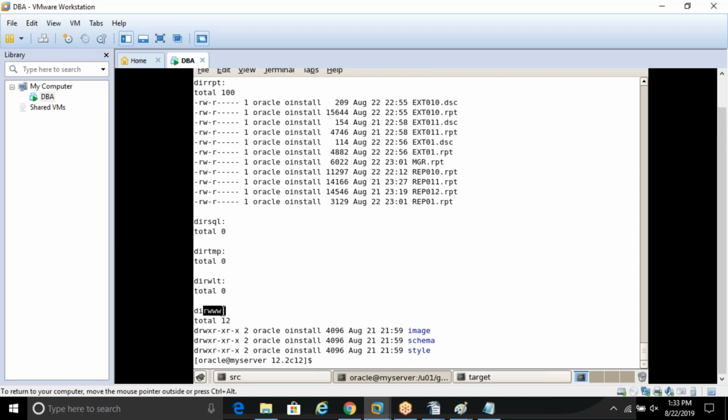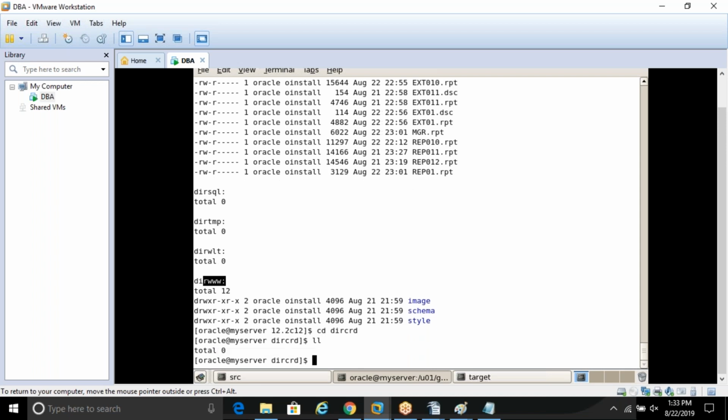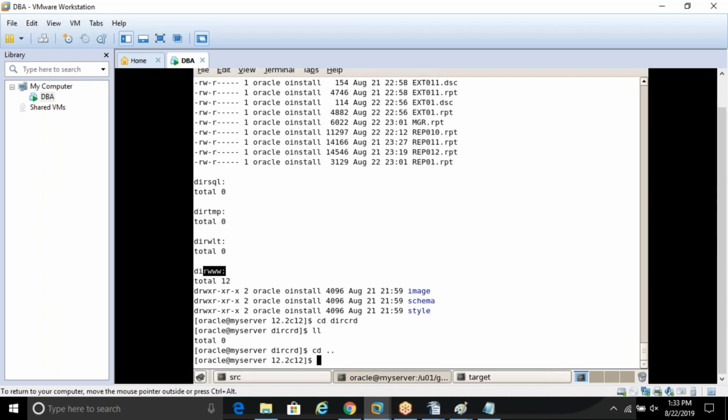And there's another folder, dircrd. This is used to store the wallet file of the login credentials. This we call the credential store. Now, if you see